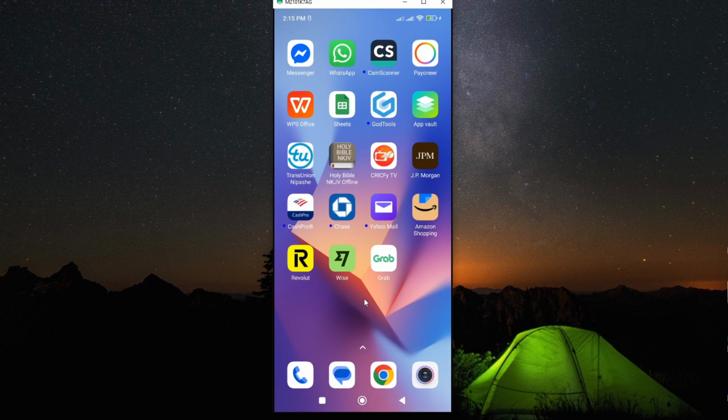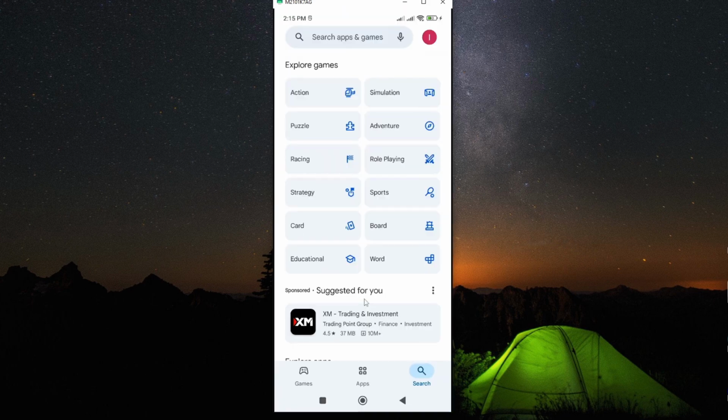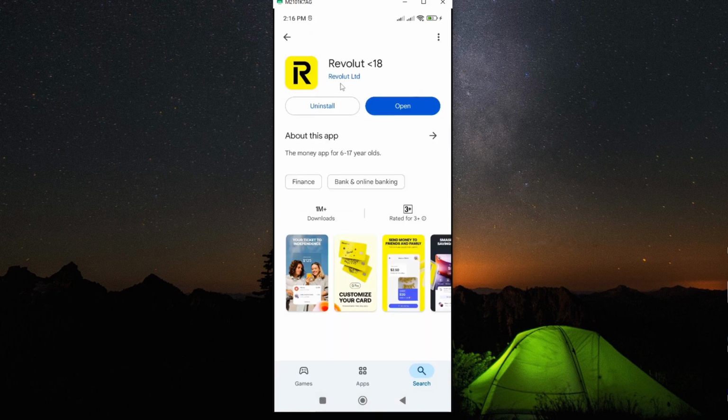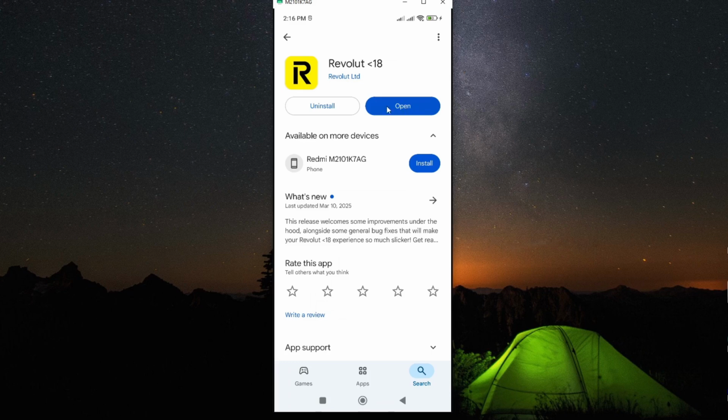But in case this didn't solve your problem, then you may want to go and take the next step, and this is going to Play Store. Then search for your app and then open the app. Then check for any update if it is available. Should you find any update, then go ahead and update your app to the latest version. Then try opening your app, and this should solve any problem or any challenge that you had with your Revolut